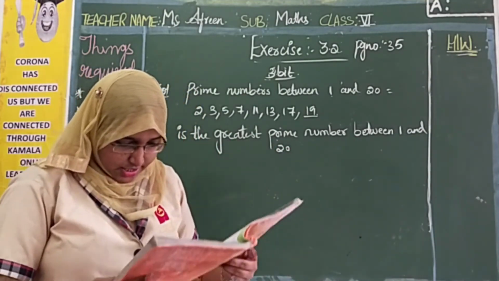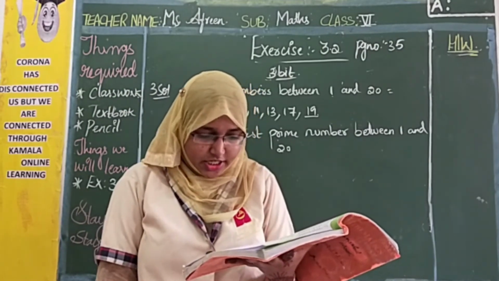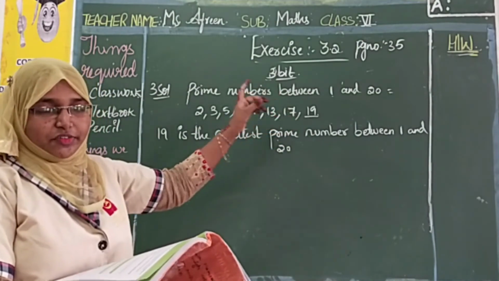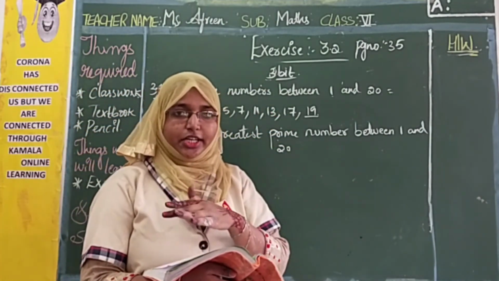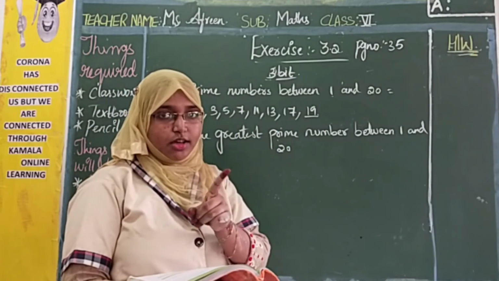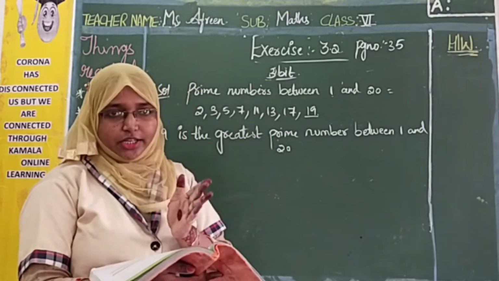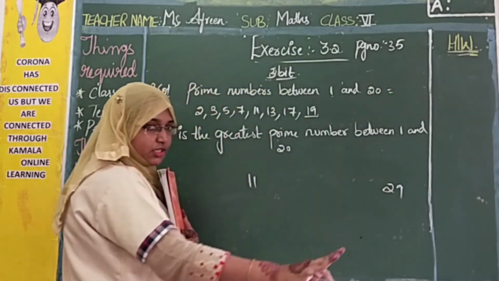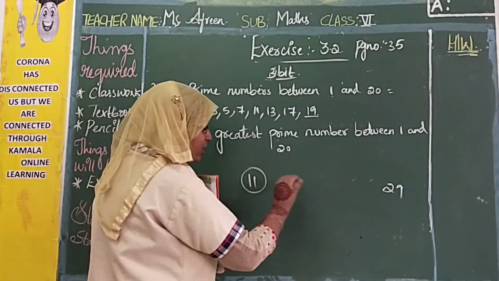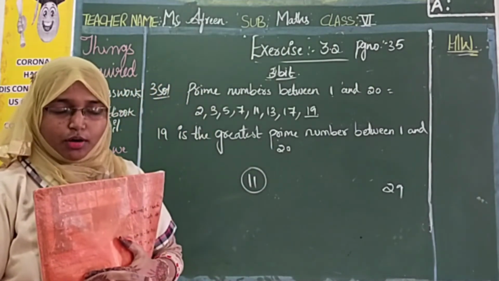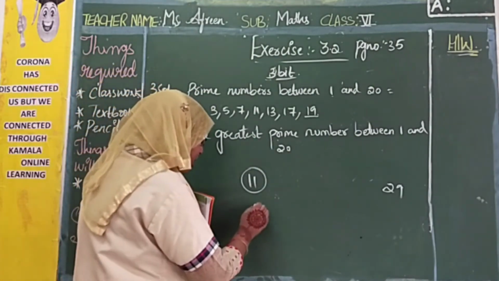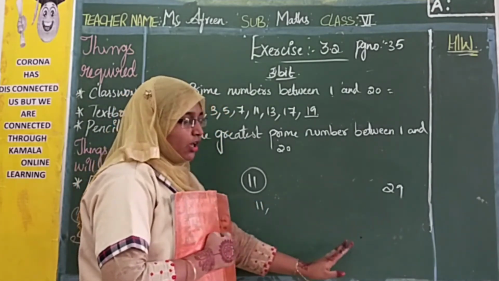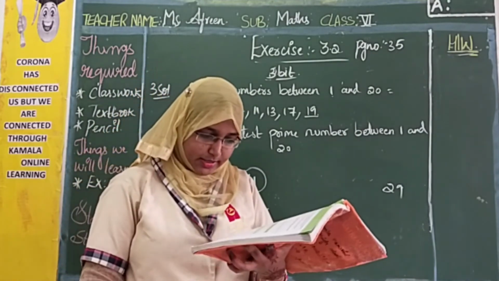Okay. Next, find the prime and composite numbers between 10 to 30. This is the same as this. First you write the prime numbers between 10 and 30. That is 11, 13, 17, and so on. Write all the numbers from 10 to 30, then see from 11 to 29 and write down all the numbers. What are the prime numbers? You circle those, and the rest are composite numbers, right? Whatever numbers you get circled are the prime numbers, and the next are the composite numbers.